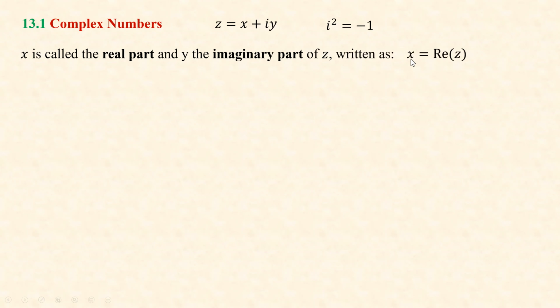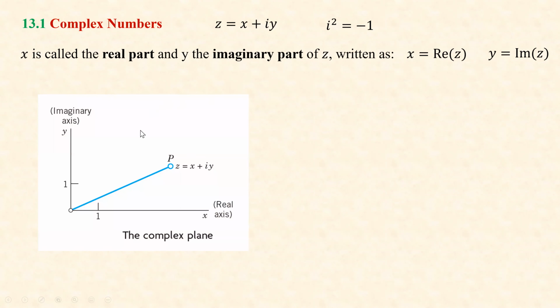We have these notations. We say x is Re of z, meaning the real part of z, and y is Im of z, the imaginary part of z. So these are the basic definitions of a complex number, which is z, real part, imaginary part, and i squared is -1. And because you see there is a real part and an imaginary part, basically each z is identified by two real numbers. It is like a point in